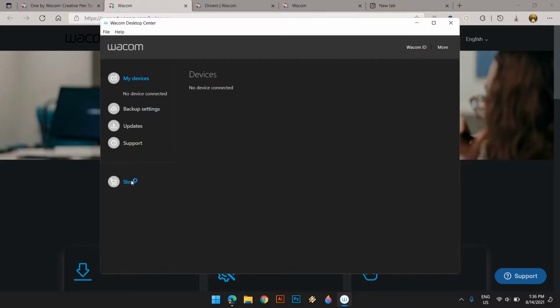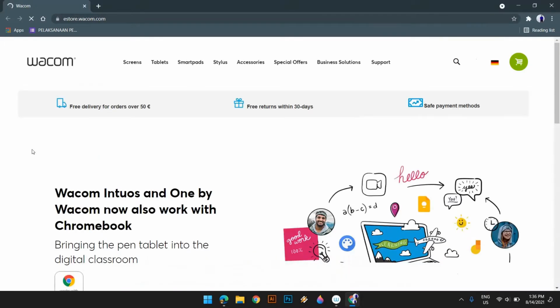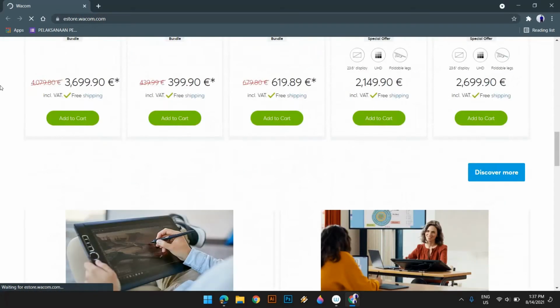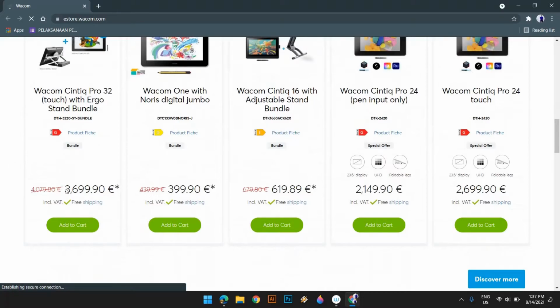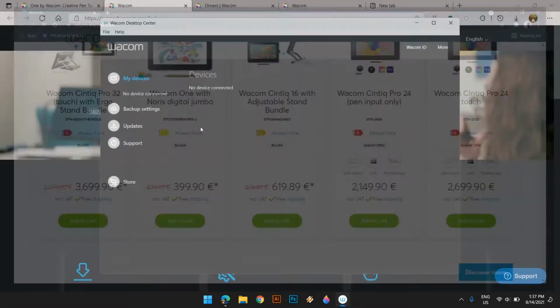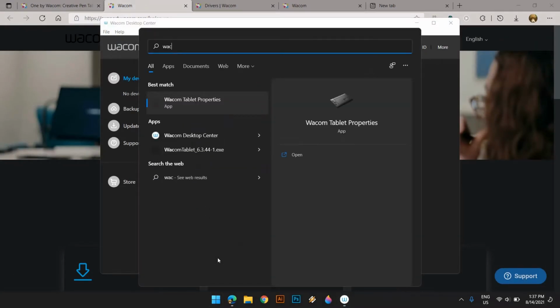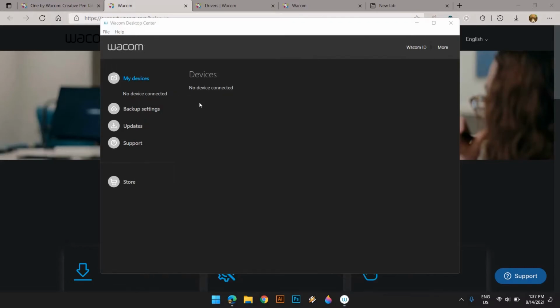The store, basically accessories. If you need to buy accessories or any spare parts, they should be here. So yep, pen display. This is priced in euro, not in Malaysian ringgit. So yeah, fix that. And then the other one is the setting itself, the tablet properties. So this